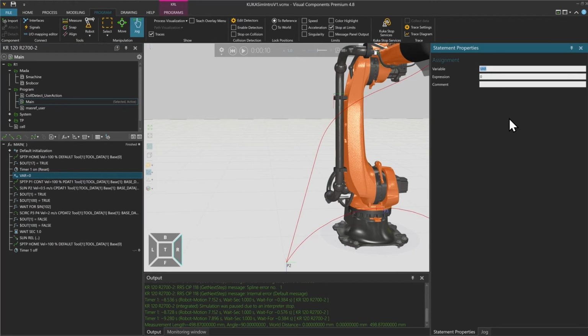We want to change it so that the position, so XP1, the position of point 1 in z, so point z, will be a new position of P1, so XP1 of z minus 200 millimeters. And if I now press enter, it will write this KRL statement in my program.